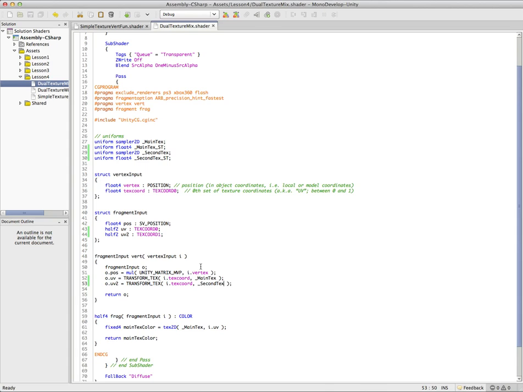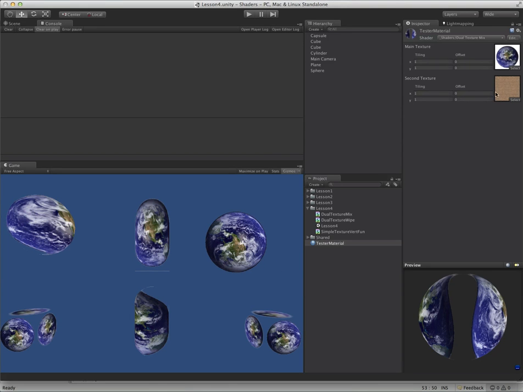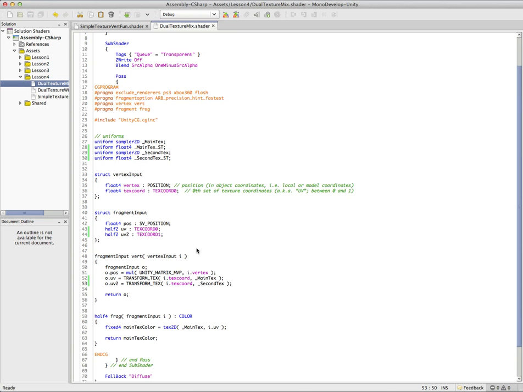We have a second texture. Go back over here, and you can see we have two textures now, and we'll just leave those as they are. We're still only outputting one, but that's easy to fix. We can just go in here and grab a second texture sample here. So we do that by basically copy pasting, and we want to sample the second text. And remember, we have a different set of UVs for this one, because this texture might be a different size, a different shape. So we'll do UV2 there,